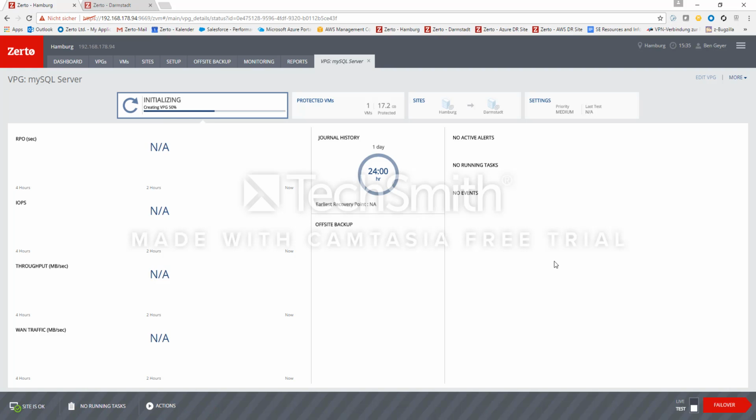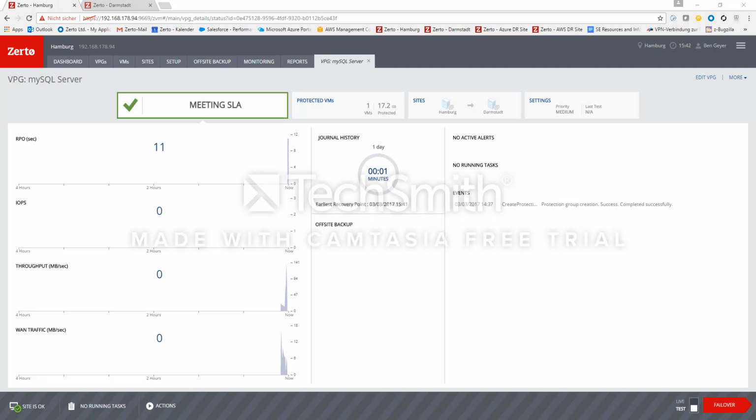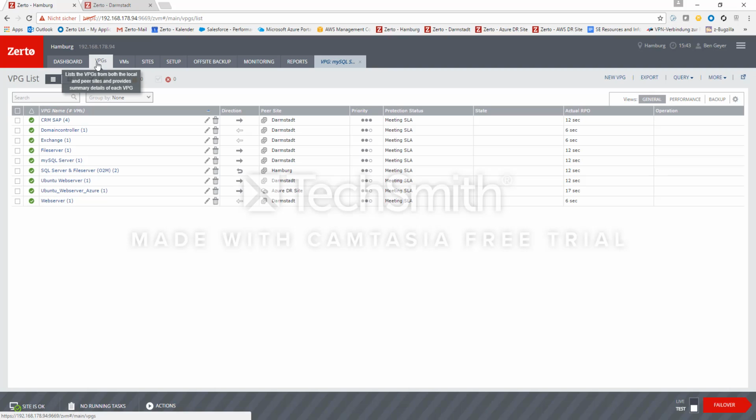Once the creation is done, it will start synchronizing, and after synchronization we come back. So now the synchronization has finished and the application is protected continuously, creating checkpoints currently every 11 seconds. This is everything which is required to fully orchestrate a failover, because all the settings we have taken define the orchestration of a failover with Zerto, and now we are ready to do failover tests, migrations and live failovers at any time